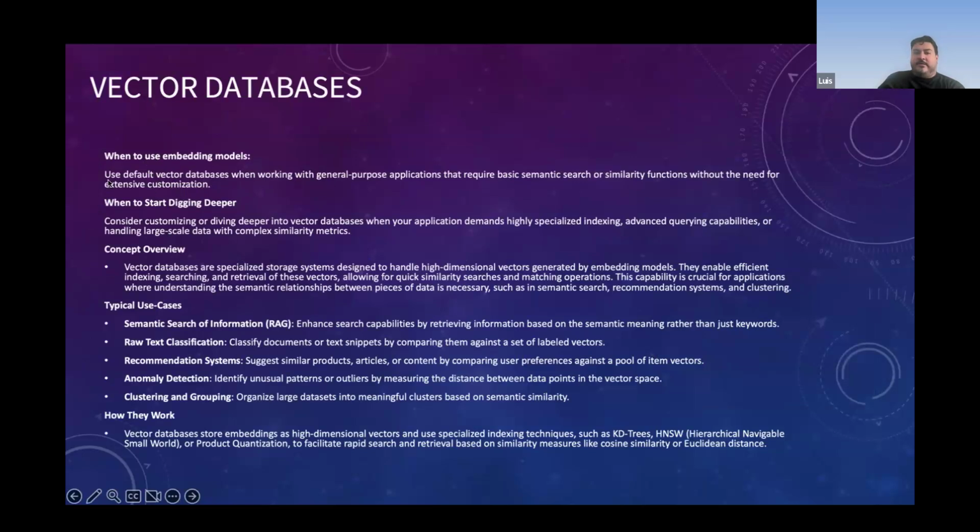So when do you use these databases? When you're working with general purpose applications that require similarity search or semantic search without the need for extensive customization, right? It's going to include a bunch of things for you. And I said you need to start thinking about vector store databases when you have tons of data. So when would you do this? Again, we talked about using a vector store for RAG, text classification, recommender systems, anomaly detection, clustering and